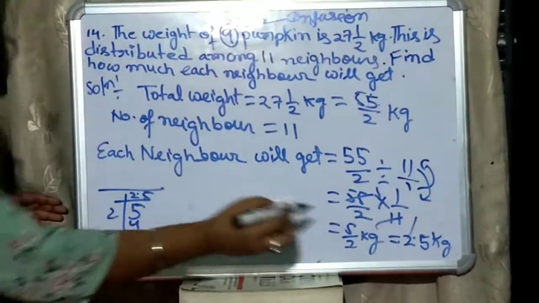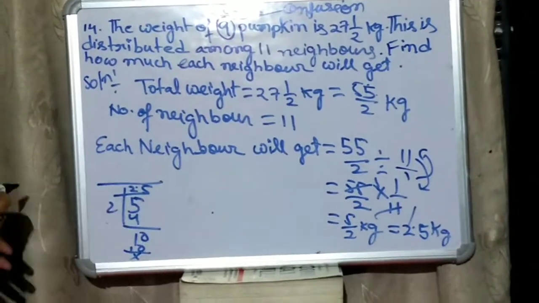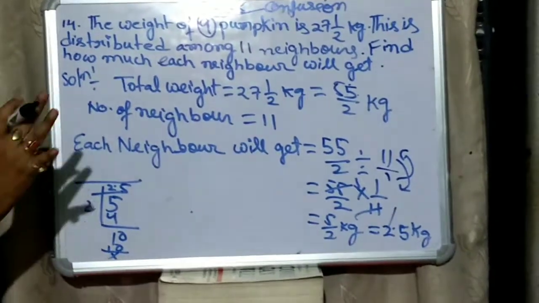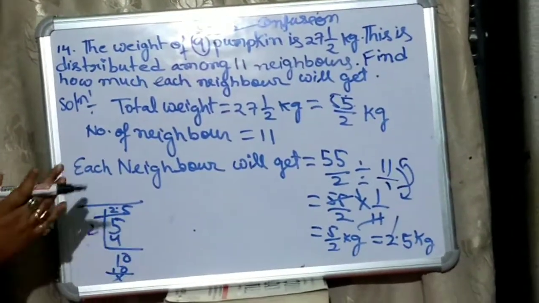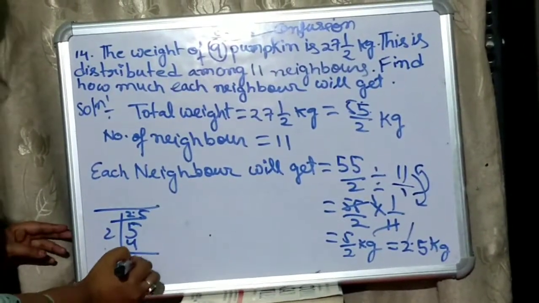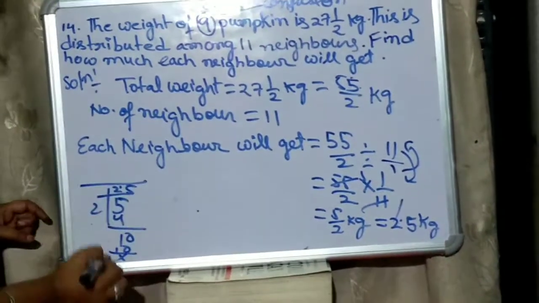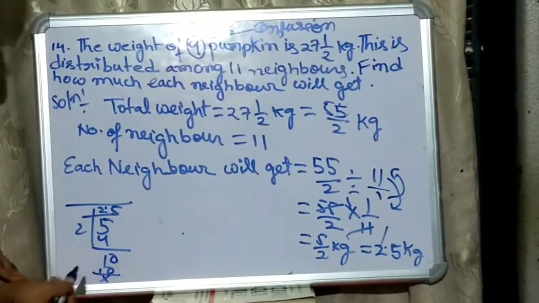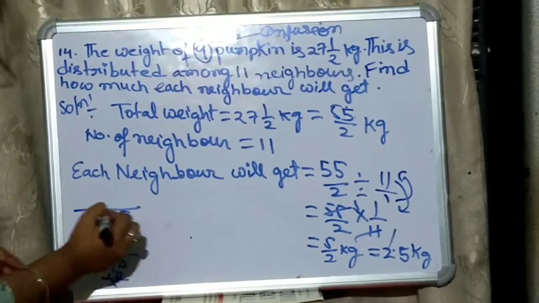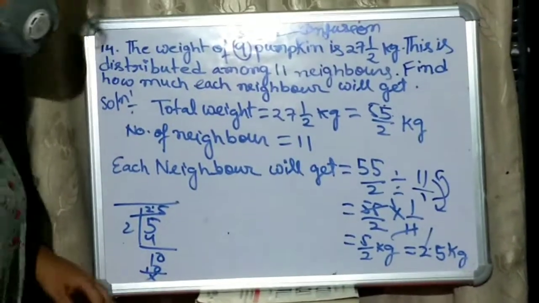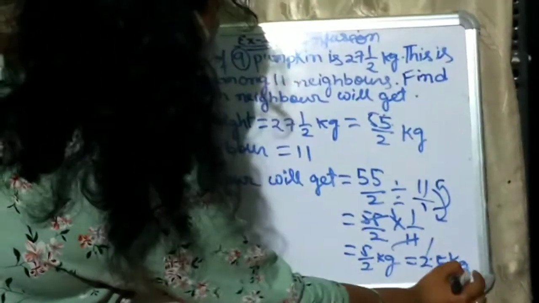Now when you divide this 5 by 2, the decimal point comes. I don't know whether you know how to do division with a decimal point, so let me explain. 2 2s are 4, 1 remainder. If you put a point here, as soon as you put the point we can add a 0, making 10. Now 2 times how much is 10? 2 5s are 10. 10 by 10 is cancelled. So your answer is 2.5 kg.